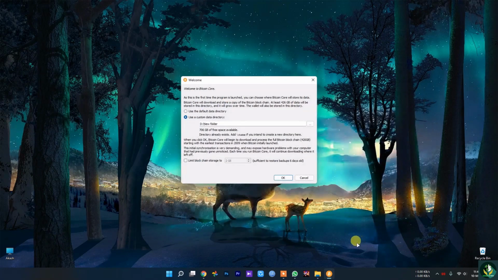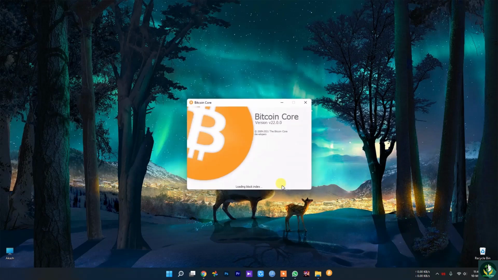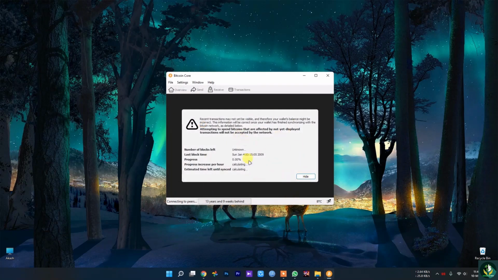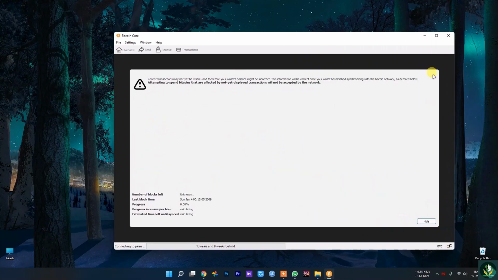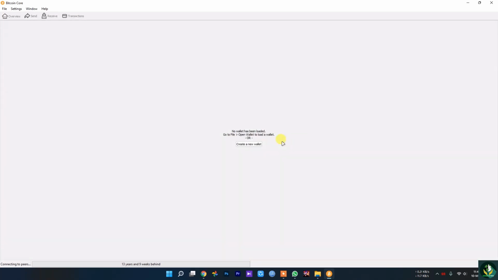Let's select this folder and limit this because I just want to demonstrate. Click OK and allow access, and this is the main user interface of Bitcoin Core. Let me maximize this and hide this.